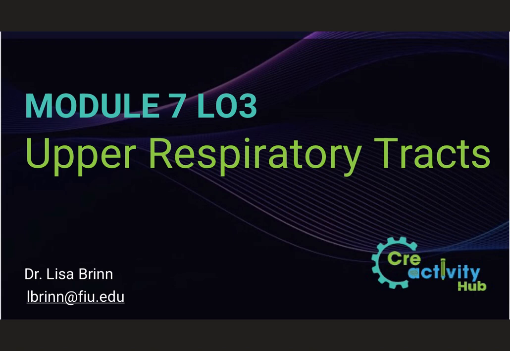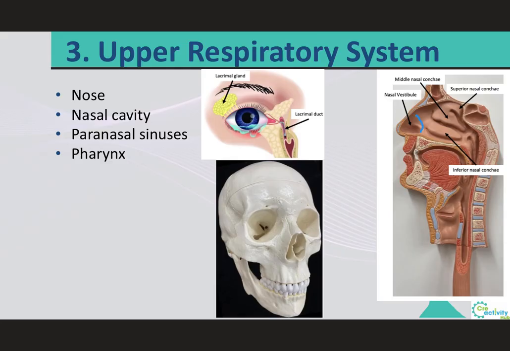Hello everyone, for learning outcome number 3, we're going to be talking specifically about the upper respiratory tract. The nose is going to be the primary passageway for air entering the respiratory system. It can also be called the nasal vestibule, as we see over here. Now the bones, the cartilages, and the sinuses that are associated with the nose were already introduced in Module 5